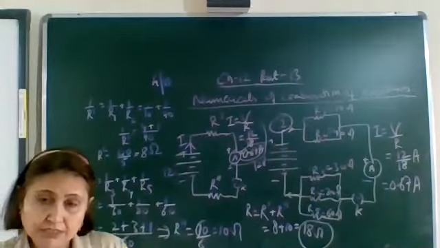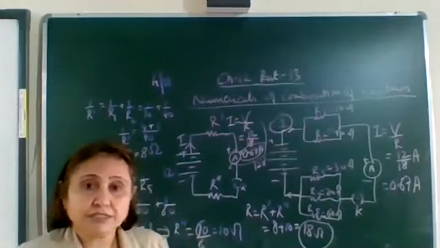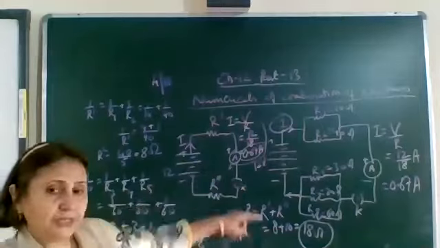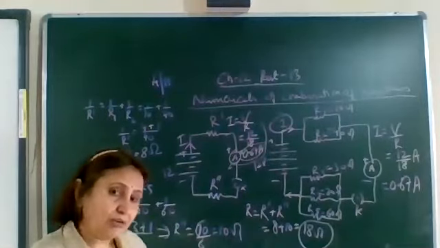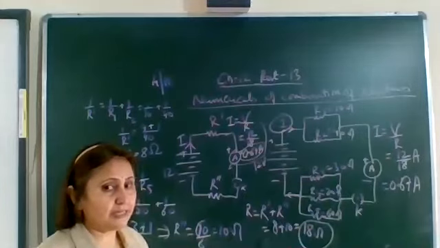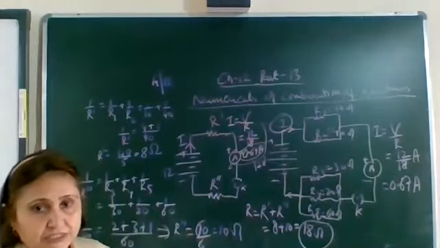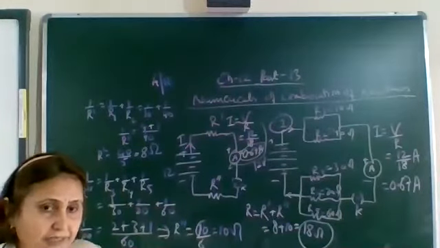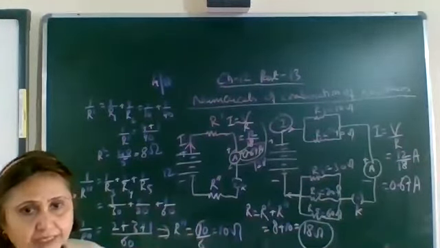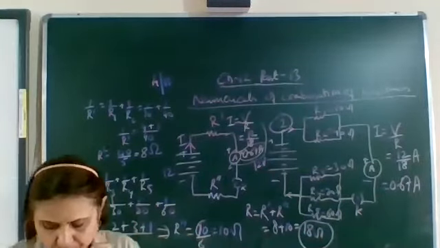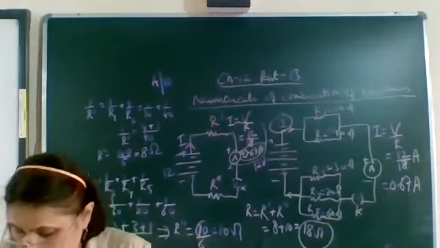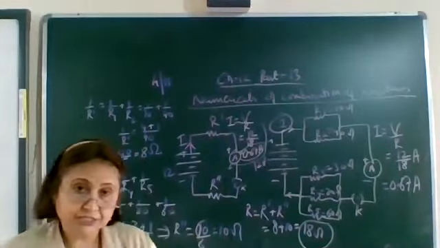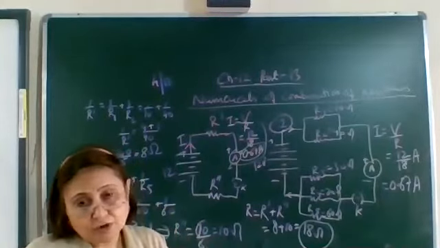Not necessarily are all the resistances in series or in parallel. There can be a combination also like this. So here we have to find out how the resistances are connected. If the current flowing through the resistors is the same, it means they are in series. And if the current is dividing into branches, then they are connected in parallel. Now below this example, it is given: what are the disadvantages of connecting all the components in series?